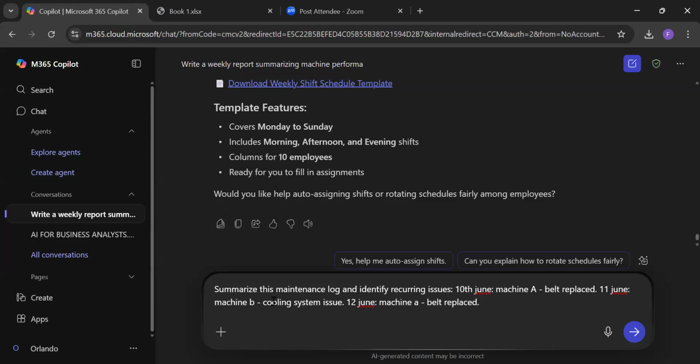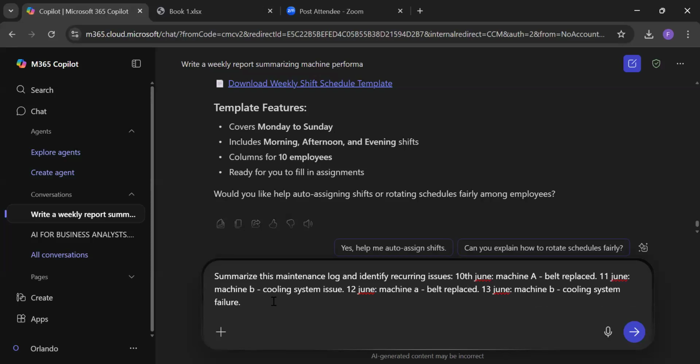And finally, on the 13th of June, machine B had a cooling system failure. There's a slight change here that the AI will be able to detect. So notice one thing that I want you all to clock. I want you all to notice when I issue the prompt.